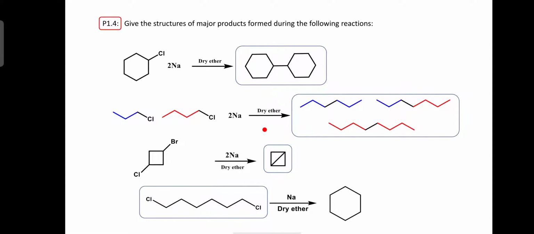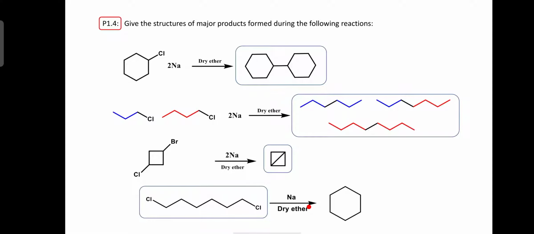So the second exercise is this one. It is actually a reported example, where the substrate itself contains two halo groups, and both the halo groups are eliminated, and these two carbons couple together to form this bicyclic compound. And here 1 2 3 4 5 6, the 1 and 6 positions of this substrate contain this chloro group. So what will happen when they react with sodium in the presence of diether, the two chloro groups will be eliminated, and the substrate will undergo a homocoupling reaction, like with this carbon and this carbon, and will form a six-membered compound, which is known as cyclohexane.